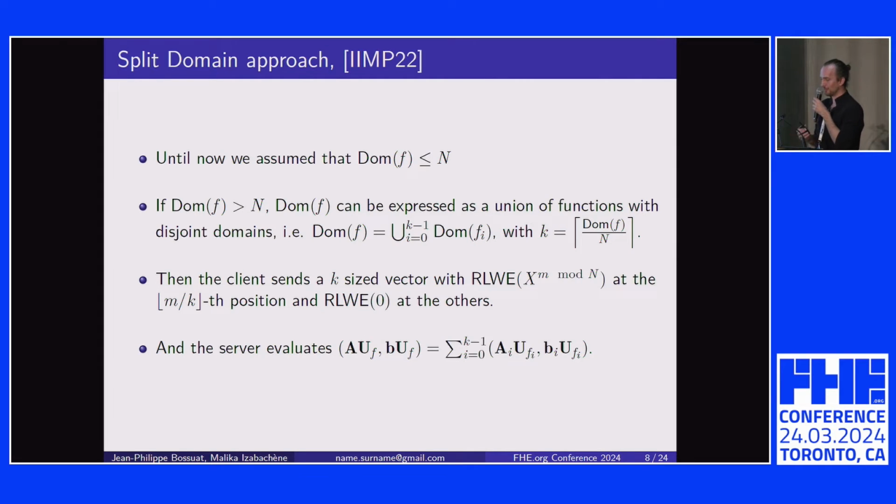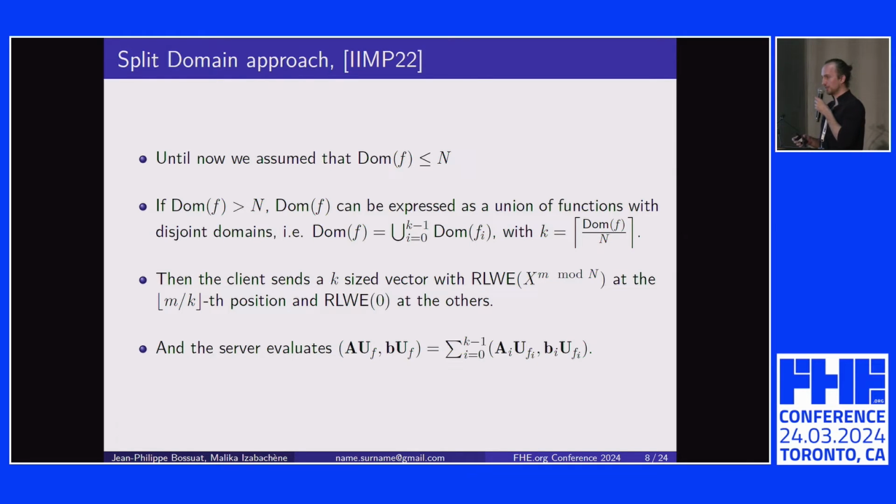So we talk about split domain. What do you do if the domain of F is larger than your ring degree? Well, it's very simple. You just discretize the domain of F into multiples of N, and then you do a function that is a union of functions. So you would have one polynomial for each domain of the function. And then to evaluate it,